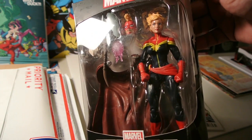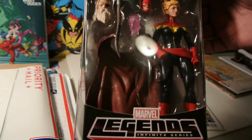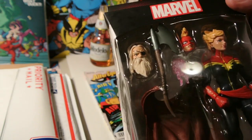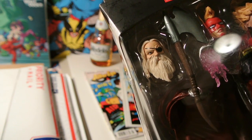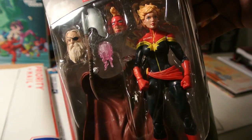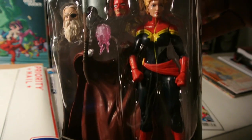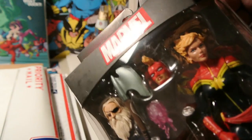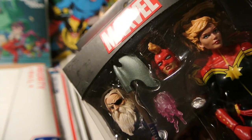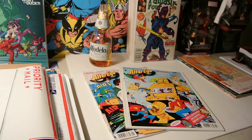The first one is Captain Marvel. This is the Maidens of Might, I don't know, subcategory, and it's got this crazy looking guy here, the All-Father's head. I thought that's a great figure. I love her costume, and it's got the little mohawk head that you can put on. So I thought that was kind of cool. I picked that one up, and then also